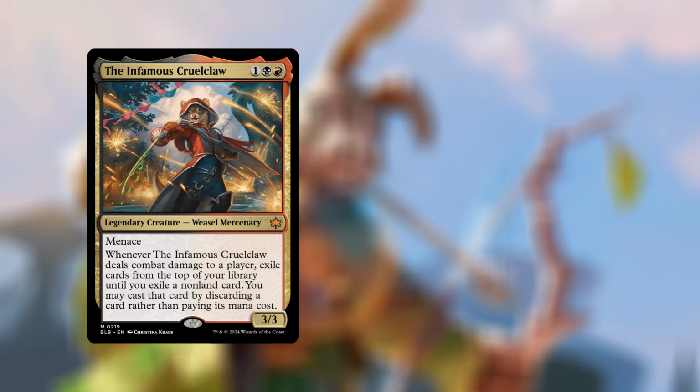We have a legendary creature, Weasel Mercenary. It's a 3/3 with menace. The artwork looks unbelievable in this thing, and whenever the infamous Cruel Claw deals combat damage to a player, exile cards from the top of your library until you exile a non-land card. You may cast that card by discarding a card rather than paying its mana cost. And this is currently going for